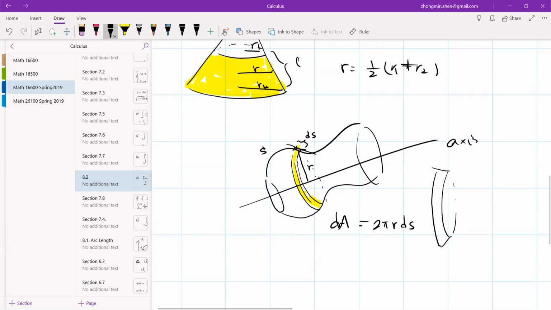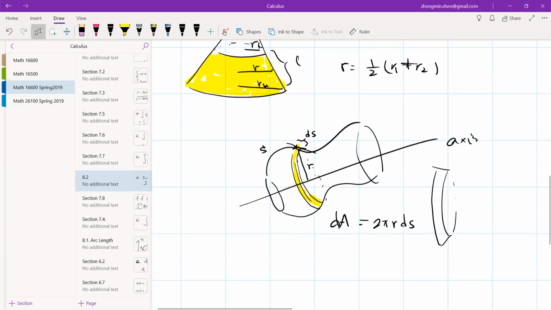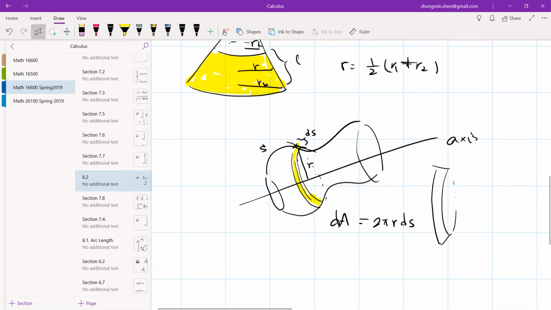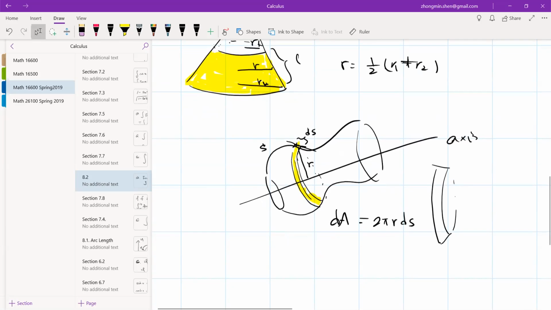So the tiny change, this slice, the area is about dA equals 2 pi r ds. r is the radius of that slice. You know, you have two circles there. So this is going to be the average value of these two radii. Right? So now you can imagine the total surface area